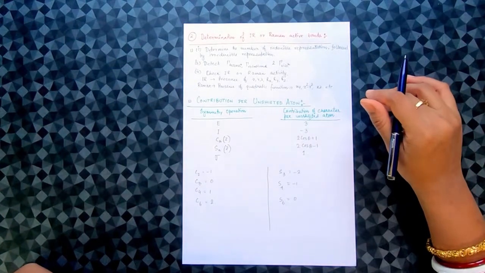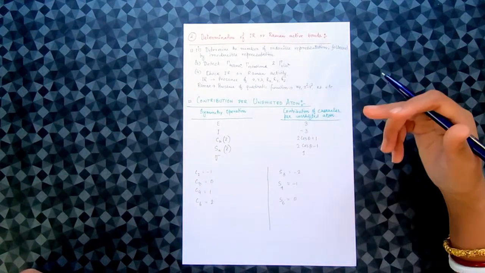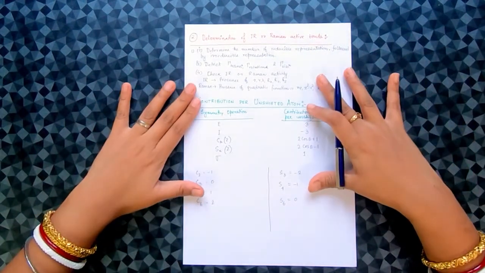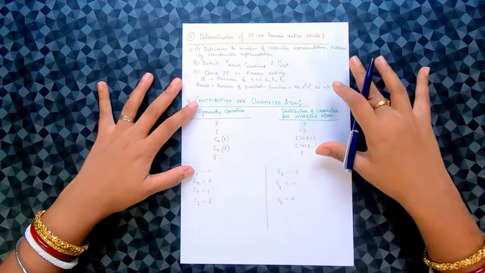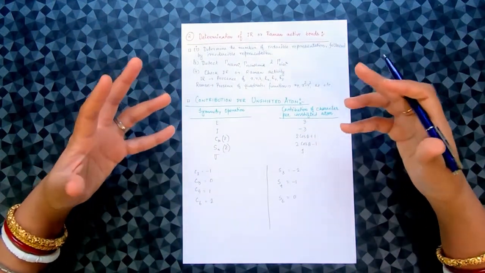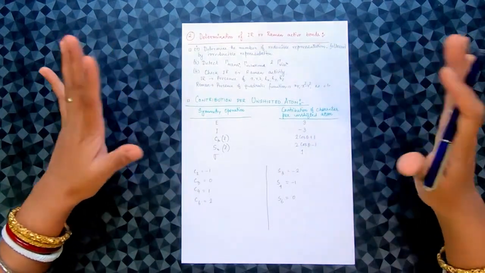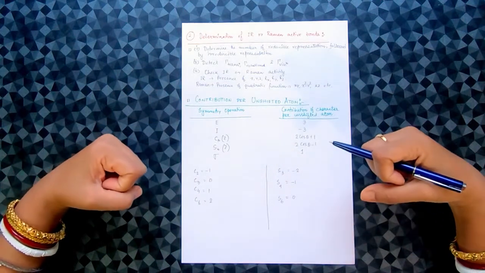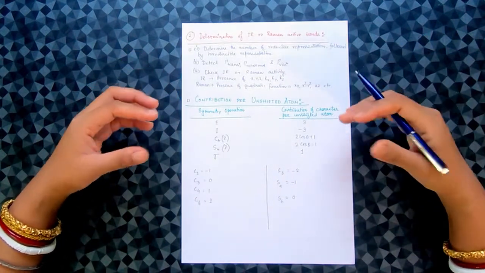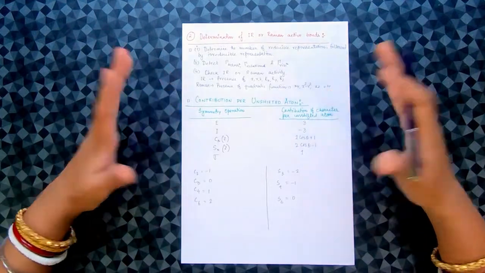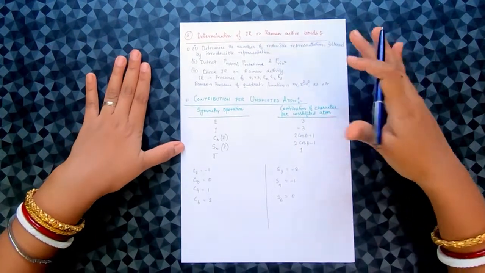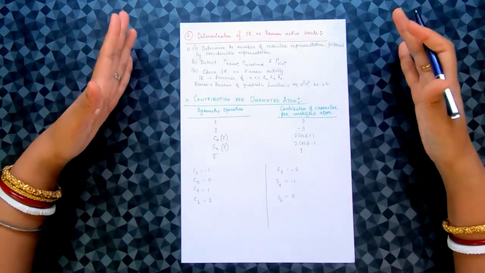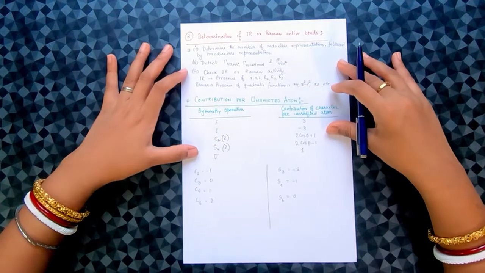So the next application is very important with respect to the CSIR NET exam as well, because this is a very important question which always comes in university exams as well as in the NET exam. So you can determine the IR or Raman activity of any bond with respect to any character table. Okay, so how you can determine that, I am going to explain this. So it is another application of the character table.